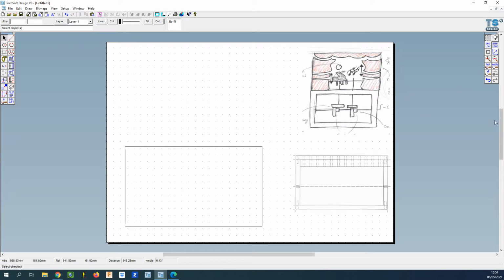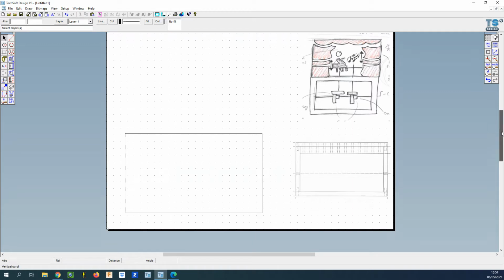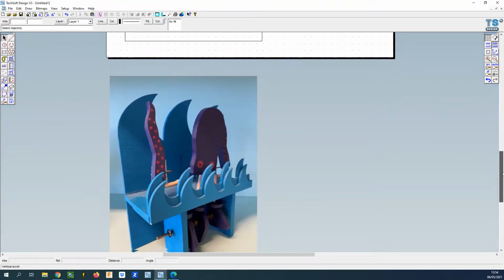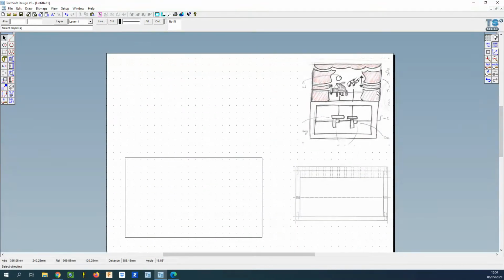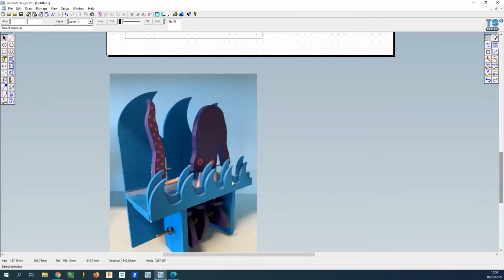So if we just have a look at the kind of basic structure of your design, you're probably going to have a number of elements. You're probably going to have something in the foreground. So in this case, it's waves. In Amrita's example, it's going to be the curtains of the stage. Then you're probably going to have some things moving in the middle. These are attached to the follower or to the bevel gear, the octopus and everything,